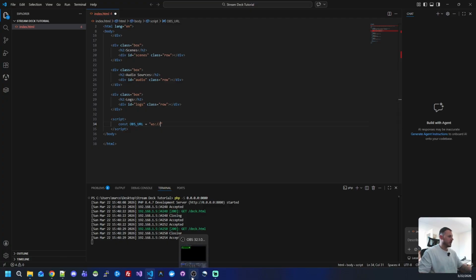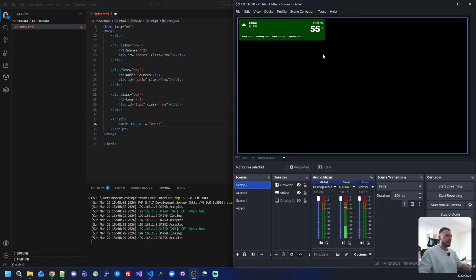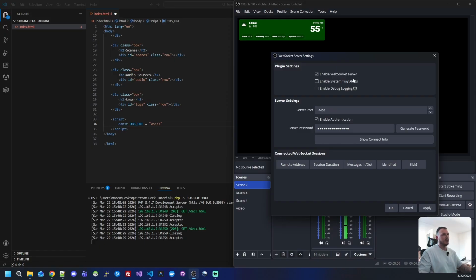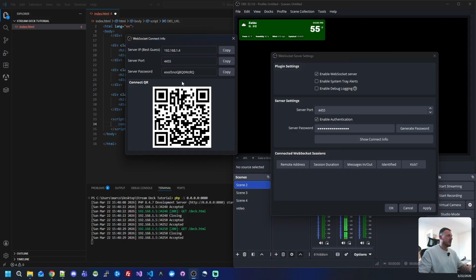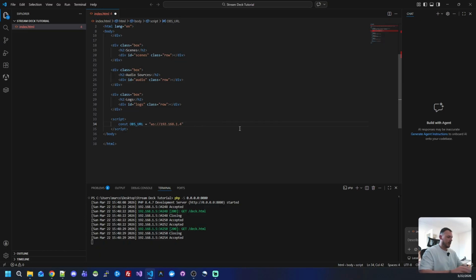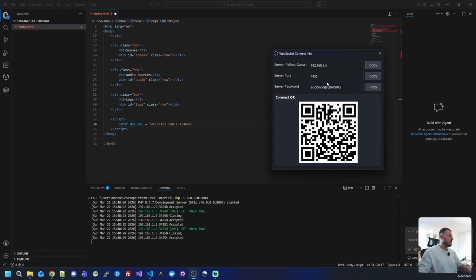Now, at this point, we can just jump into OBS Studio under Tools and WebSocket Server Settings. This is where we enable the WebSocket server in OBS Studio. By default, when we install OBS Studio, this WebSocket server will be disabled. So all you have to do is click on it. Easy, isn't it? Then you have all the connection information right here. So I will be copying my IP and the port 4455. Okay. Now I'll just copy the password as well